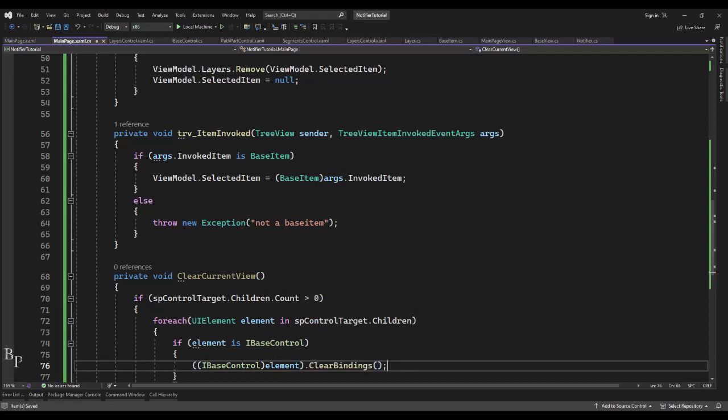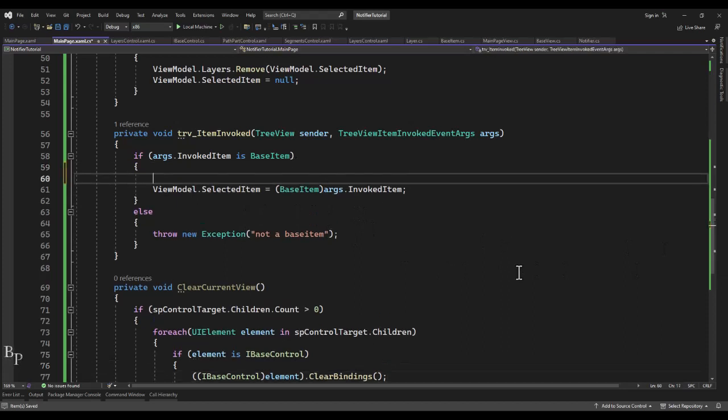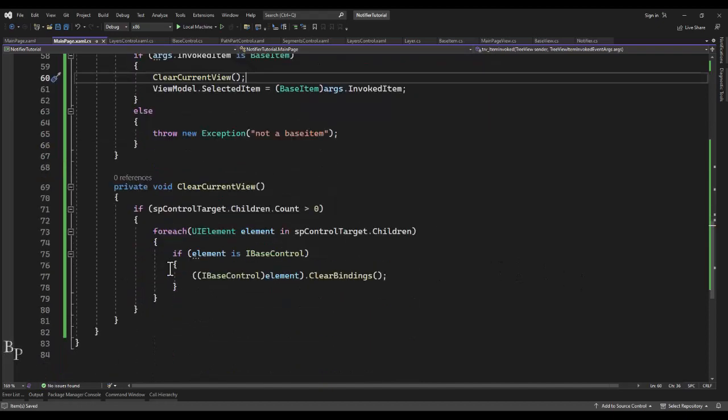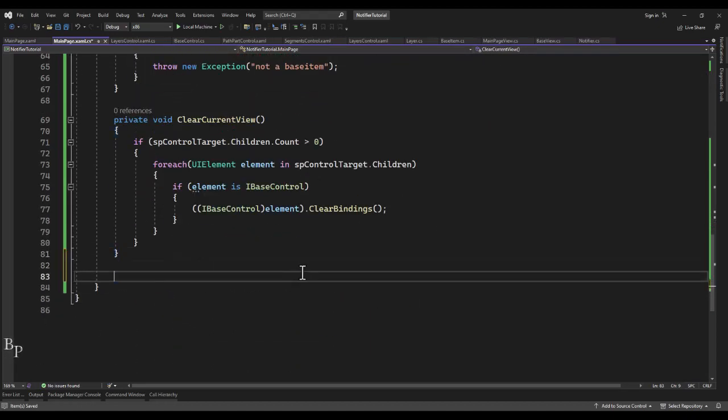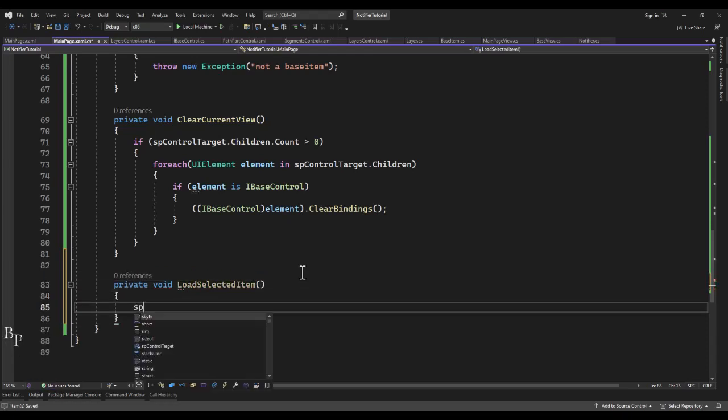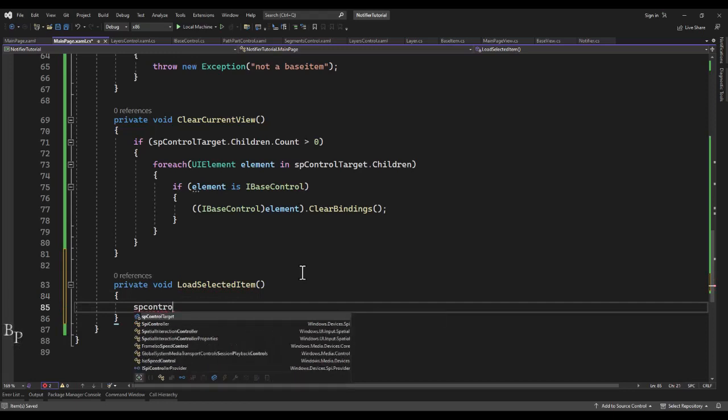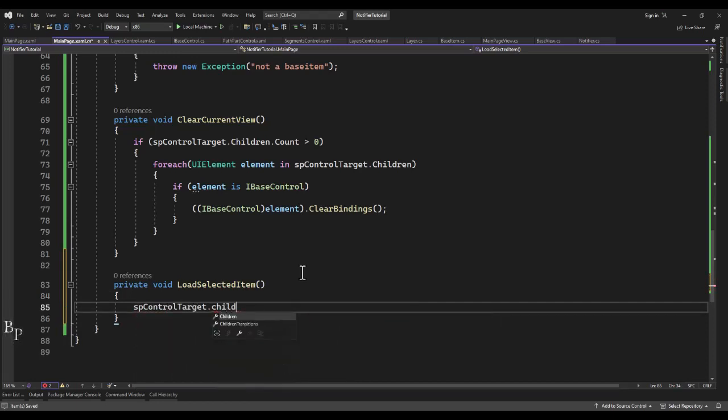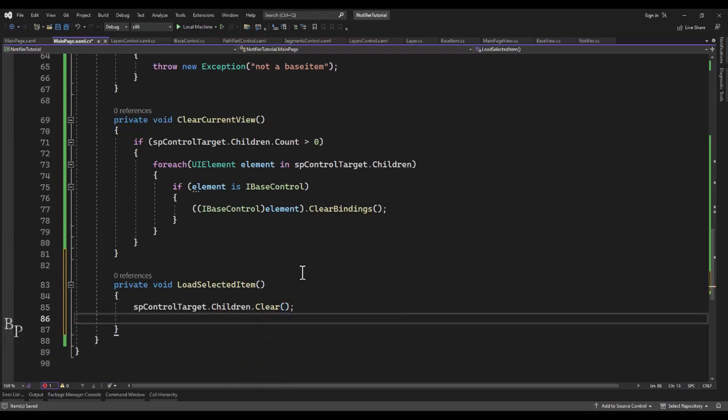Alrighty, that's simple enough. Just plop that right above there. Clear current view. Now we need to add one more: private void set or load selected item. So the first thing we're going to do is SP control target children clear. If our selected item, if our view model dot selected item is a layer,